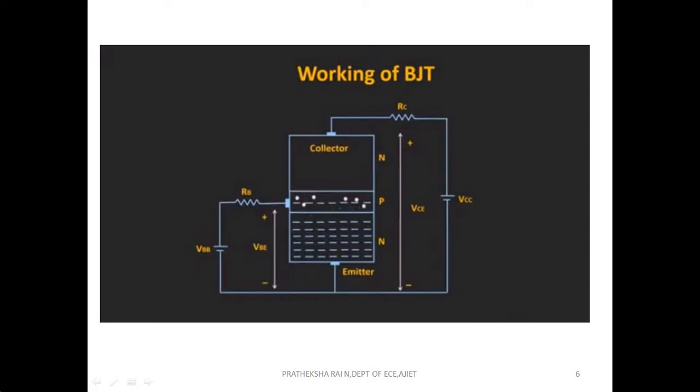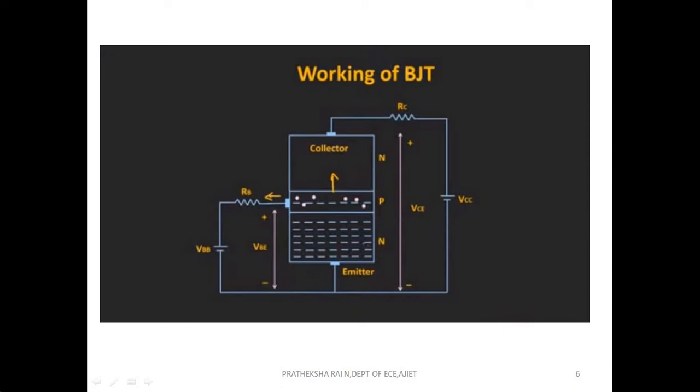Now once the electrons enter this base region, there are two paths for them. One is they can flow towards the positive terminal on the left, and the second is they can flow into the collector region. But most of the electrons will enter the collector region, because the base is lightly doped. That means the number of holes in this base region is very small compared to the electrons coming from the emitter region. So the free electrons which have come into this base region will see a longer lifetime. And the second reason is that the width of this base region is very thin.